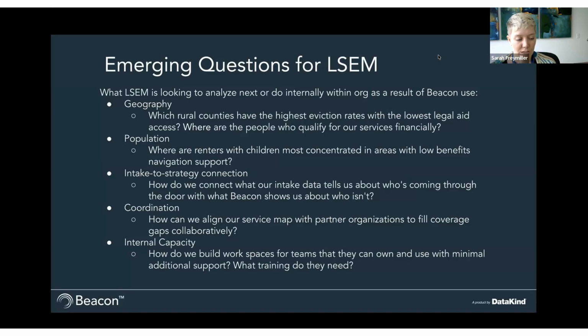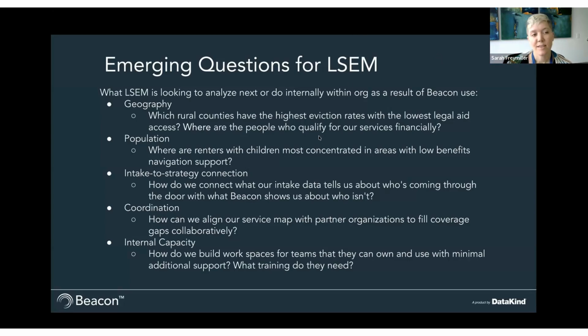And so I think having this kind of drilled down analysis by not just county, not just zip code, but also even census tract could help them when it comes to identifying specific populations that would really benefit from knowing about our services because they're facing the highest eviction rates in the surrounding areas. And then also the people who qualify in the first place.